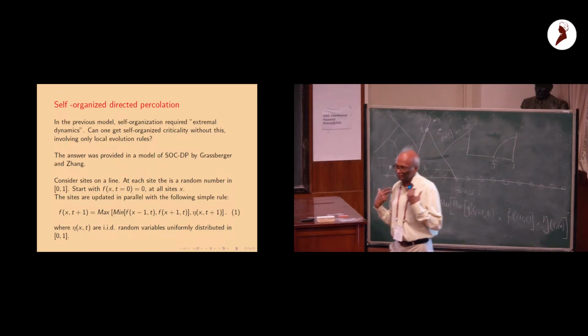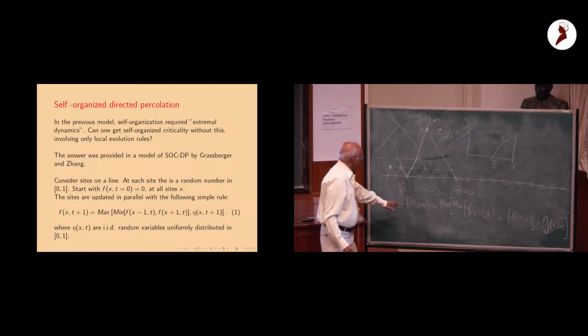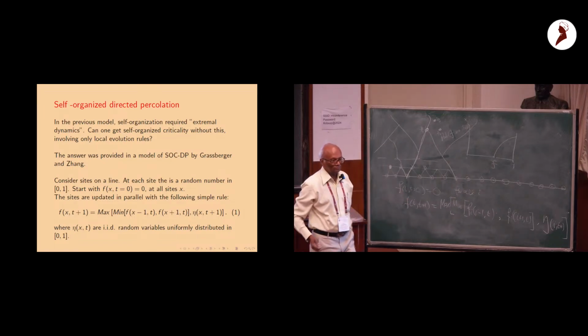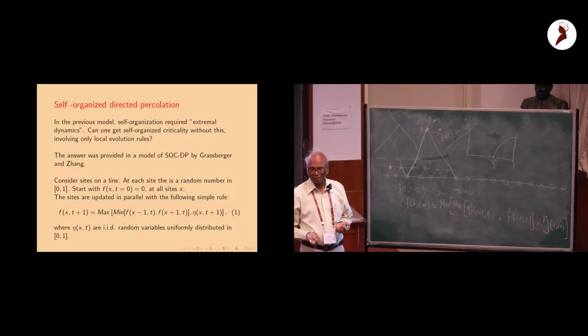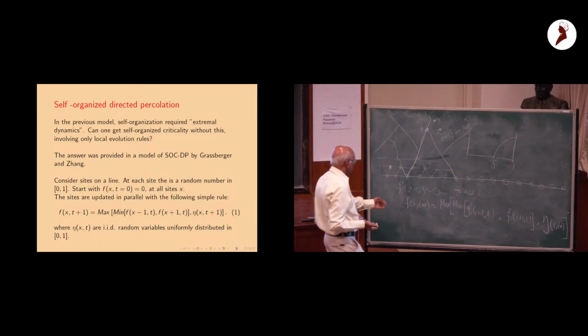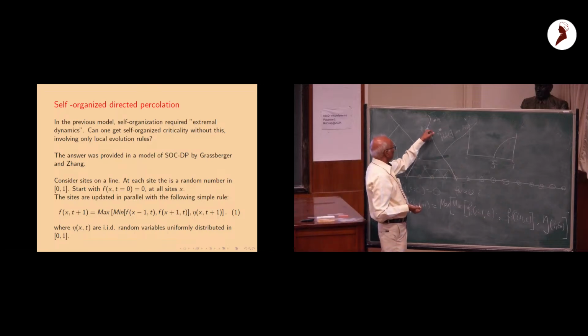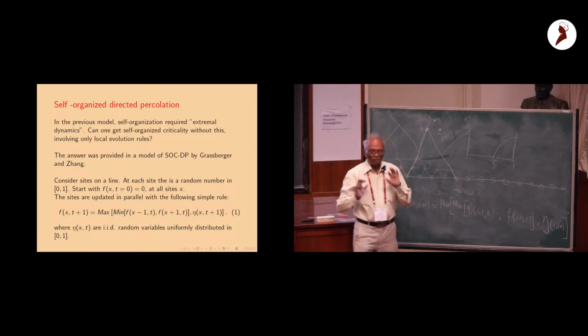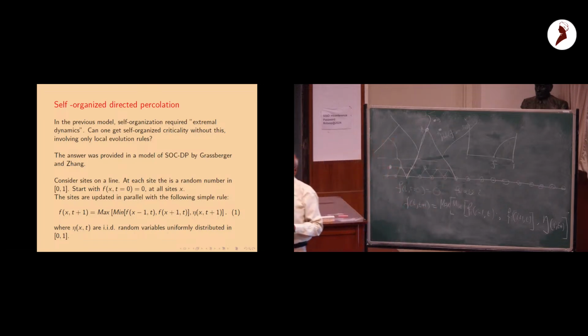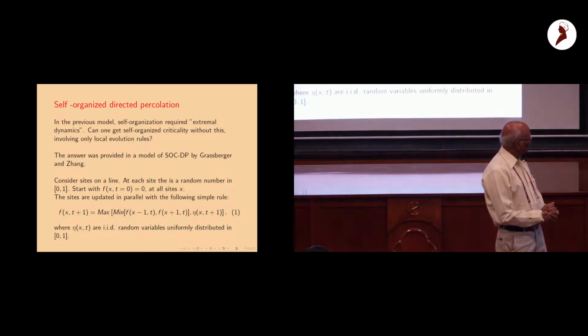So this procedure computes the function f recursively. And it's straightforward that it will compute it. Okay, there is not a problem. Each f is by construction the threshold for which a path exists down to 0. Only bonds along the path, everybody will have a value less than f. Okay, and now